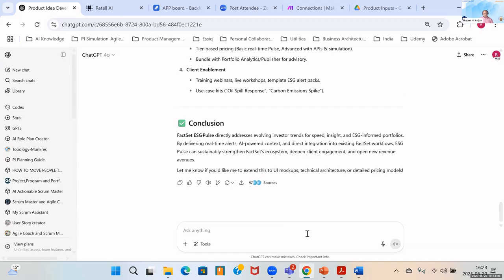Right now, I want to create a product description document. So can you create a downloadable Word document from this product description document?